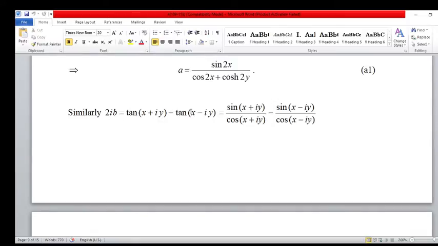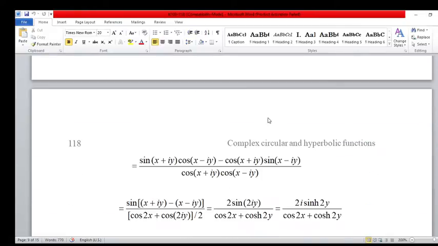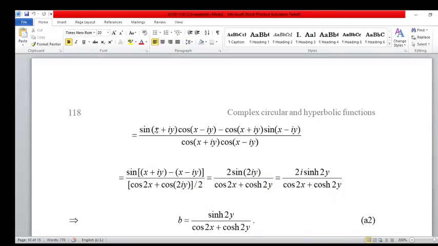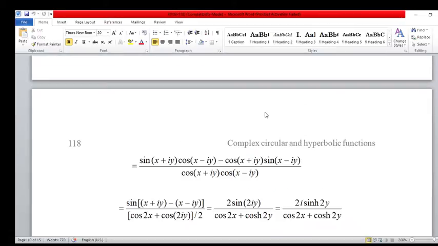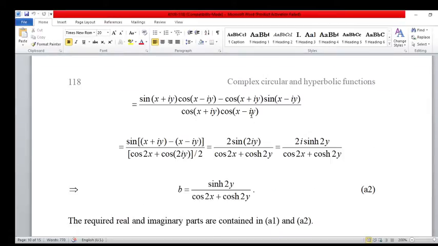This is 2ib is equal to, this is the subtracting. Again the same formula applied here. This is sin(x + iy), here minus only. And again the same formula. This is the sin a cos b minus cos a sin b, the minus formula applied here. x cancels. So this type. Again the denominator process is the same, so multiplying by 2, divide by 2.